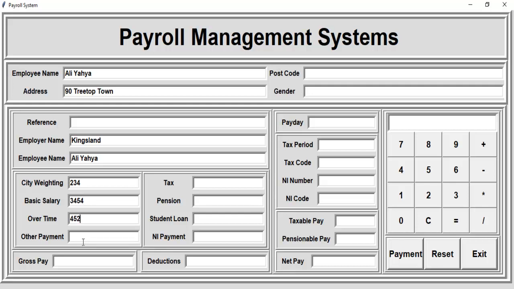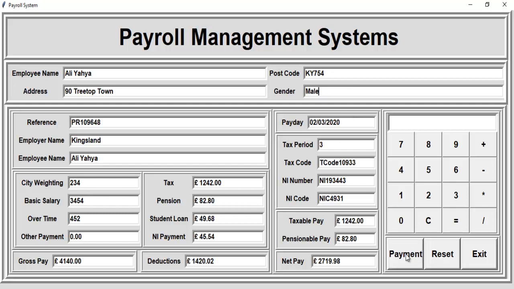Overtime, and Ali do have some extra pay in there. Need to enter Ali's postcode here. Ali is male. Now click on payment. There, and that's it. We can even validate this gross pay here, so let's come in here and just enter